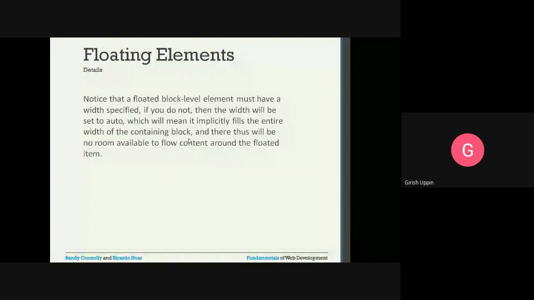So it will take up the complete width of the containing block, and there will be no room available to flow content around the floated item. So there won't be any space on the right side for the other elements, because that element is going to take the complete block. That is why we have to specify the width.